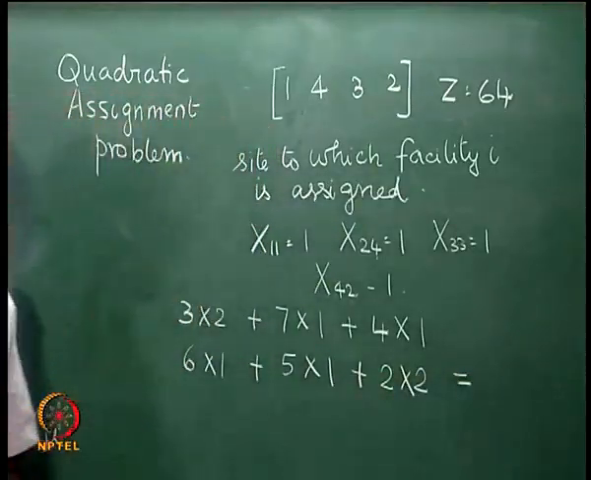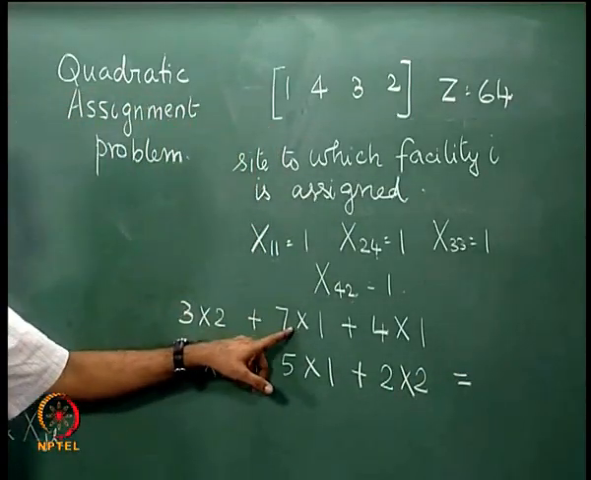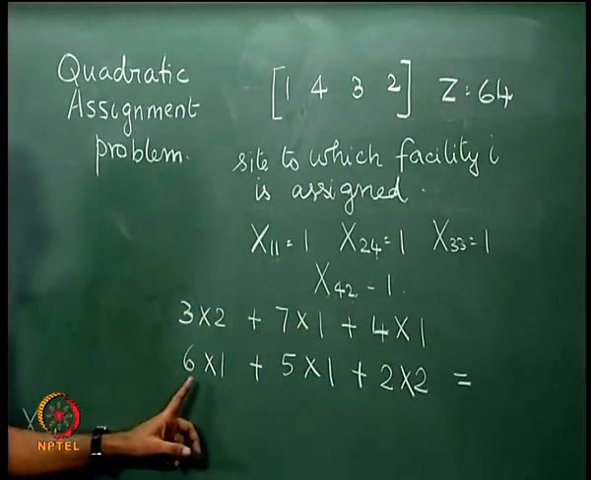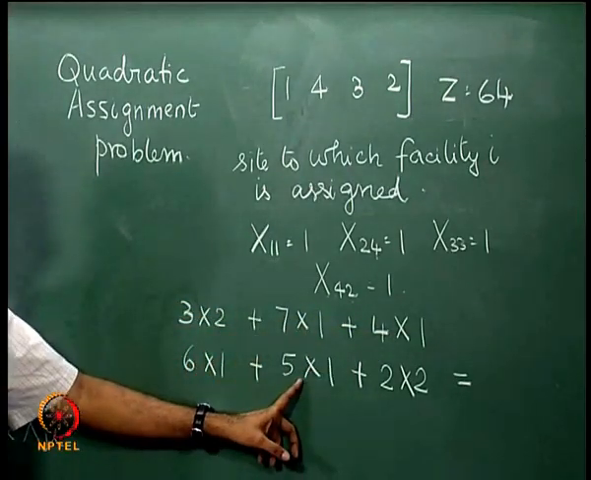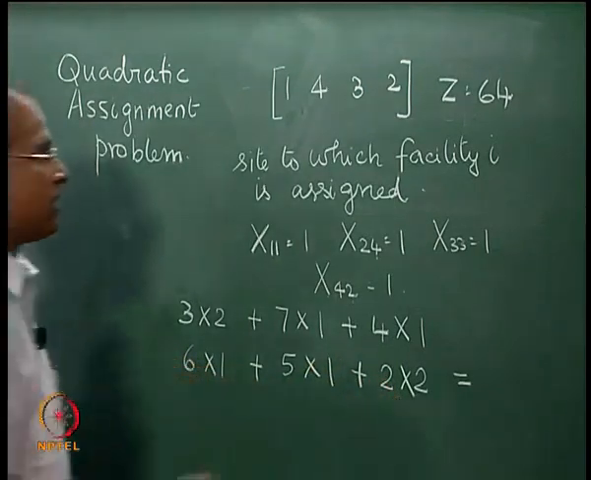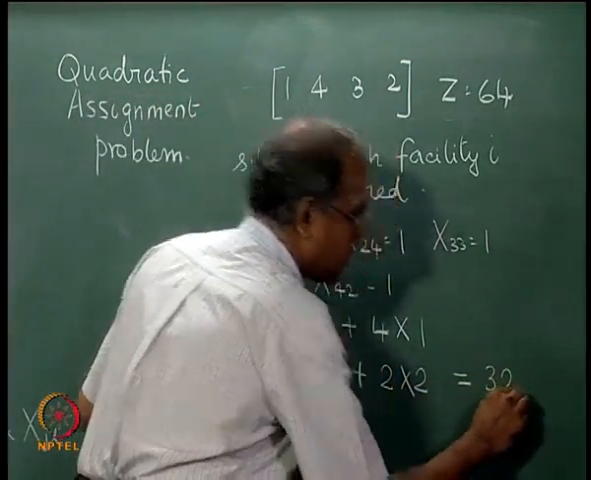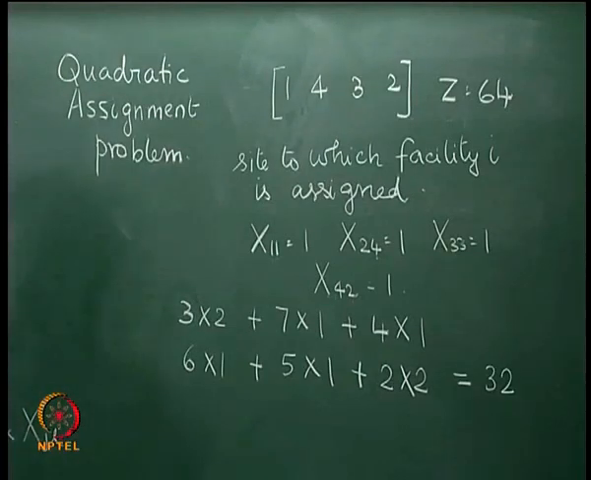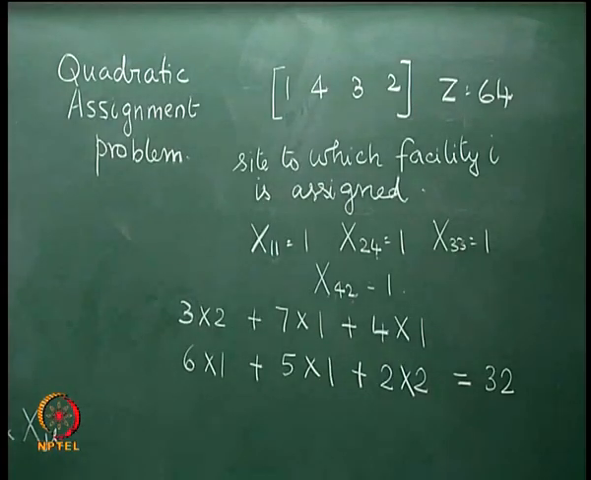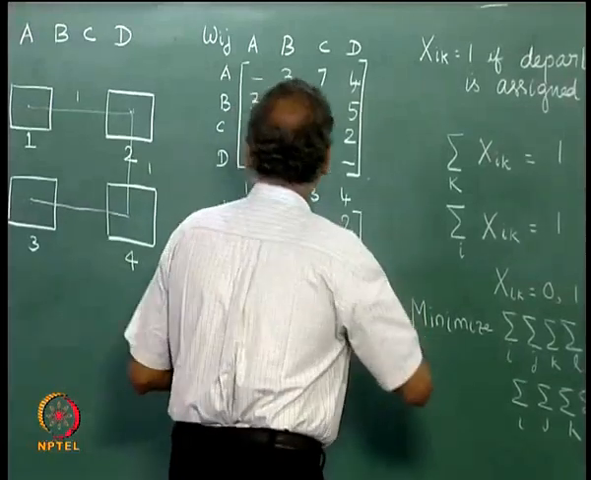So, the sum of all these is 6 plus 7 is 13, plus 4 is 17, 23, plus 5 is 28, plus 4 is 32, and due to symmetry we have another 2. Actually, we should be multiplying this interaction of,